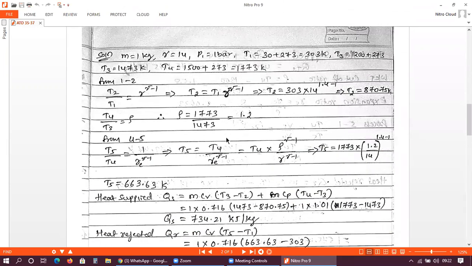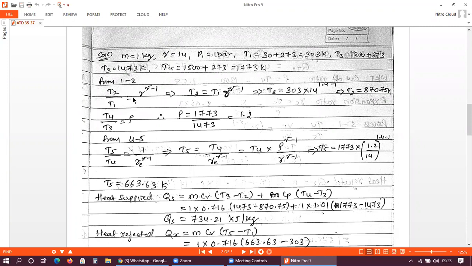It is very important. So from 1 to 2, it is an adiabatic compression process that is taking place in case of this dual combustion cycle. So here T2 by T1 is equal to r raised to gamma minus 1. So this is a fixed equation for all the cycles, right? Right from your Carnot cycle, or it may be Otto cycle, diesel cycle, this is the fixed equation.